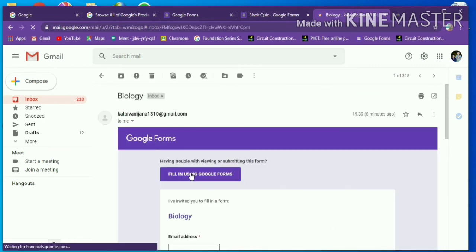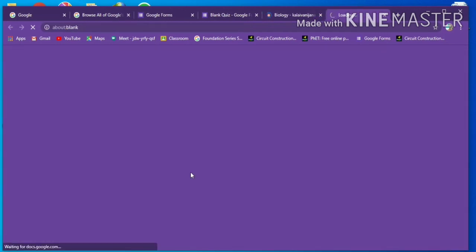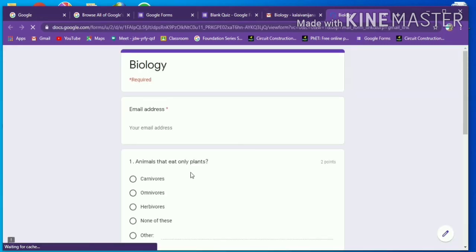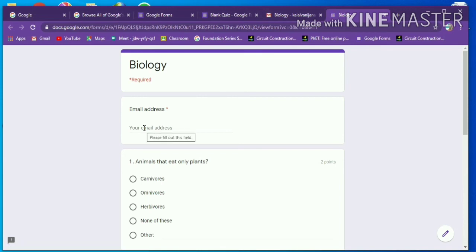Now I am going to fill this form. Now we should type the email address. For the explanation, I am typing the same email address.